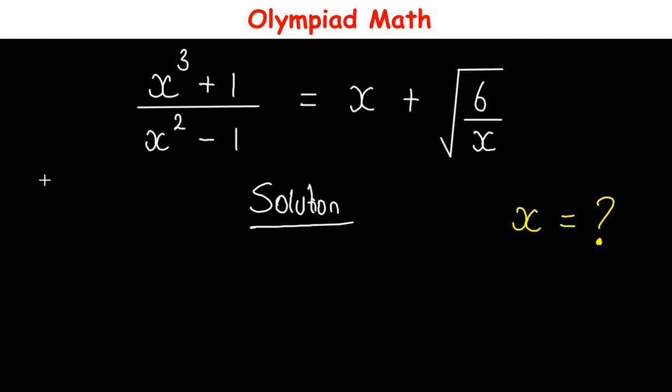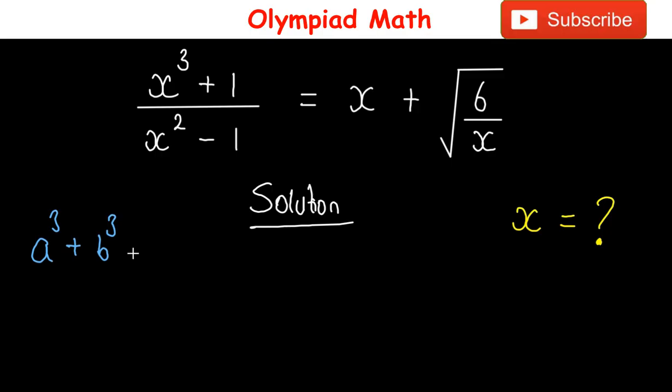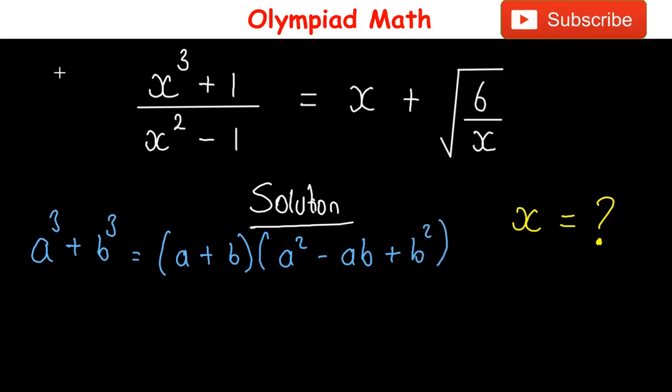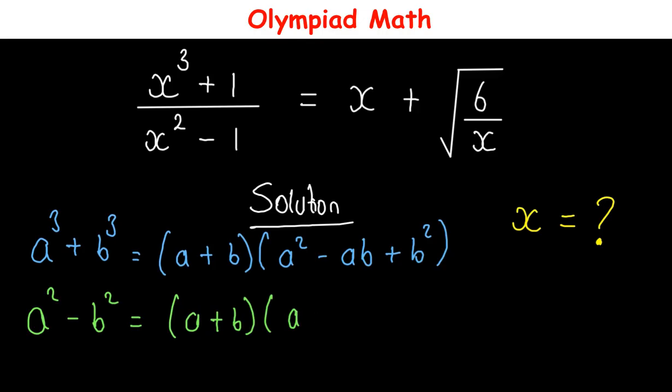Solution. Now making use of this identity that if you have a raised to power 3 plus b raised to power 3, this equals in brackets a plus b multiplied by a squared minus ab plus b squared. And also making use of this identity that if you have a squared minus b squared, this equals in brackets a plus b multiplied by a minus b. So applying this first identity to the numerator and the second identity to the denominator, we then have the equation become,